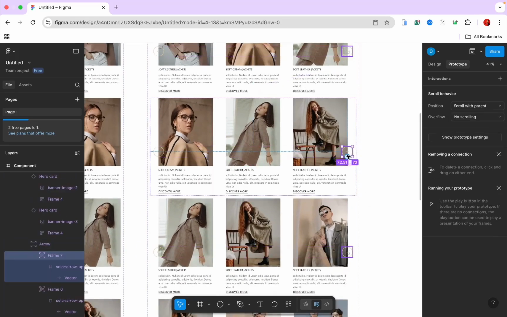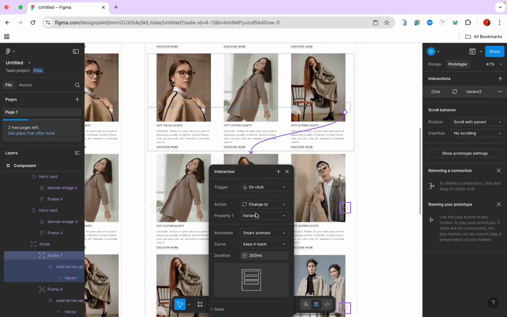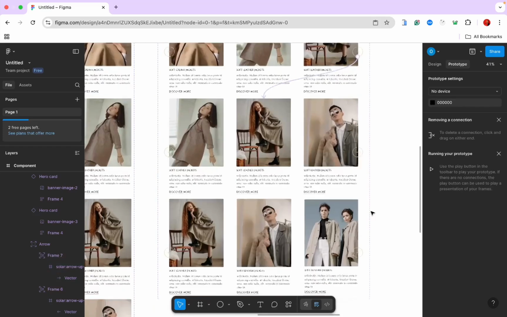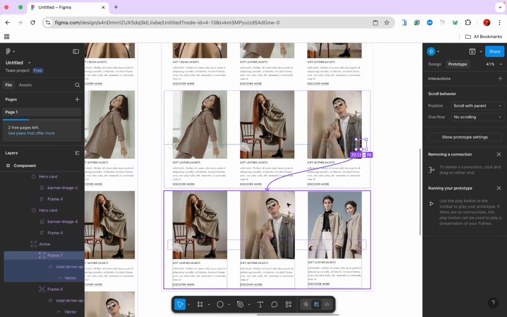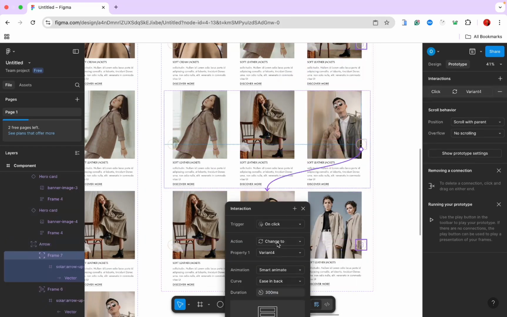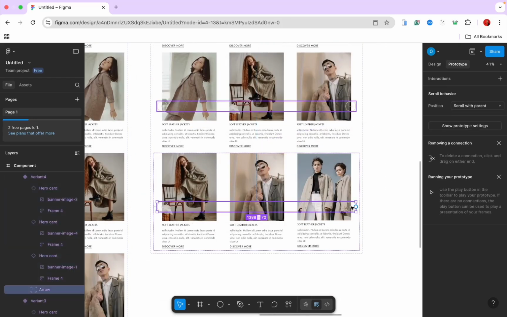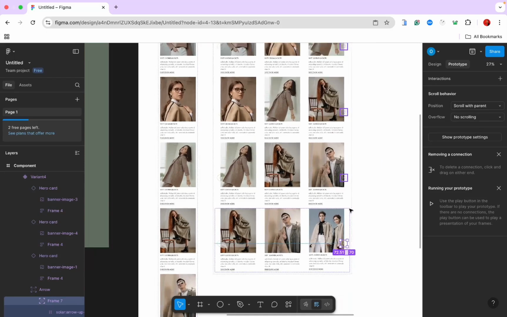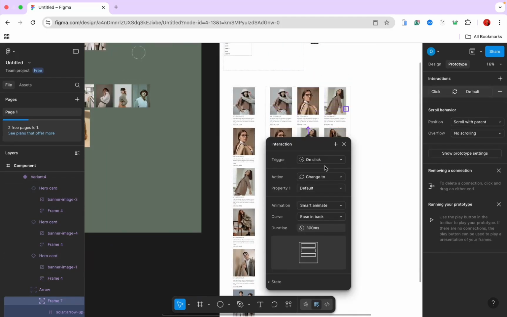I'm going to make sure I'm selecting this arrow again, move over here, on click, change to variant 3, smart animate, ease in back, 300 milliseconds. Make sure you select this arrow again, on click, change to variant 4, like that. Then for this last arrow, I would like to change it back to the variant 1. So change to the default,